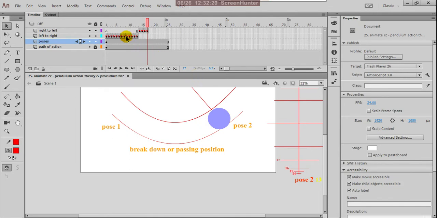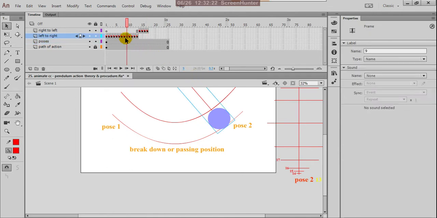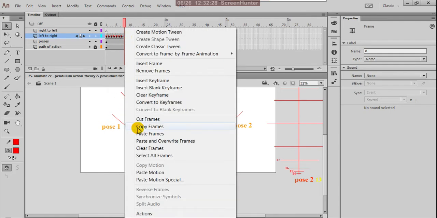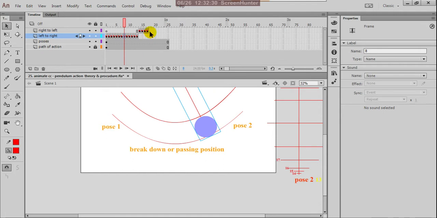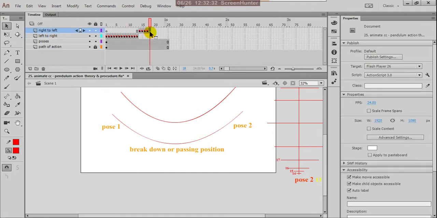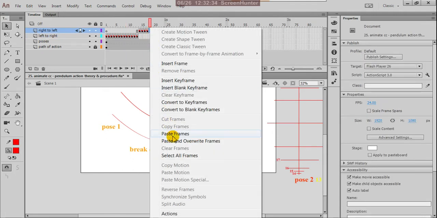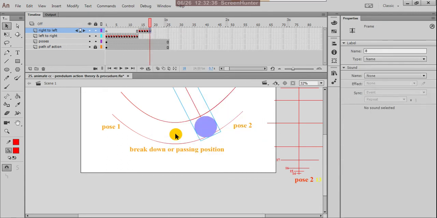Now next, copy the 8th frame, copy frames. At the 18th area right click and paste frames. Perfect. In properties, at the name area give the number 18.